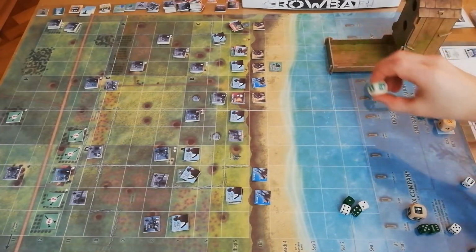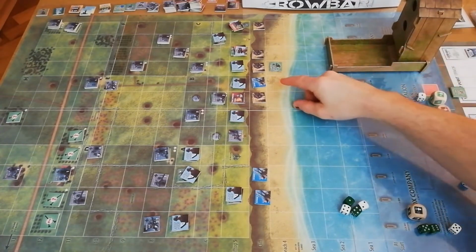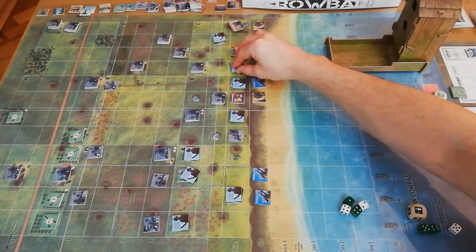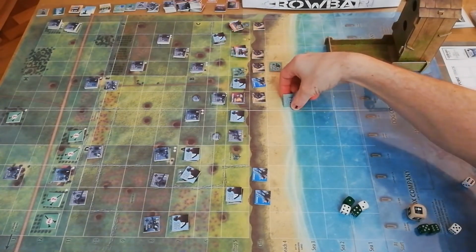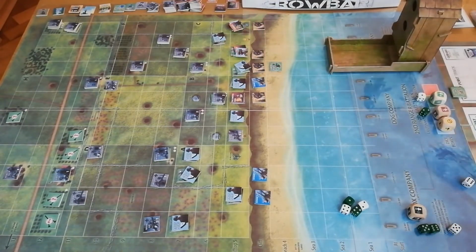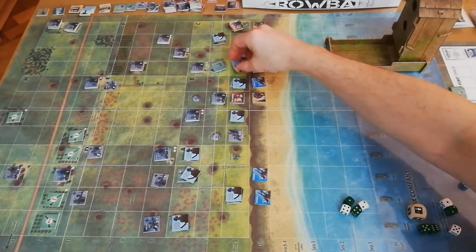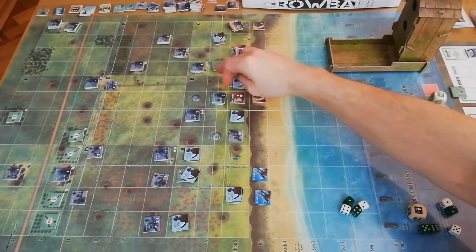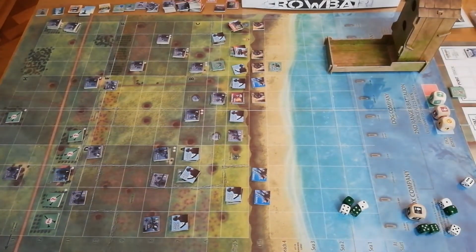And I do. Excellent. So I've got 3 advance points now. I do take a hit though, but that's okay because we've got 7. So I'm going to spend all 3 of those advance points to move firstly into that space and then over the prepared terrain into the next space, where we're going to have a close combat with a German regiment unit